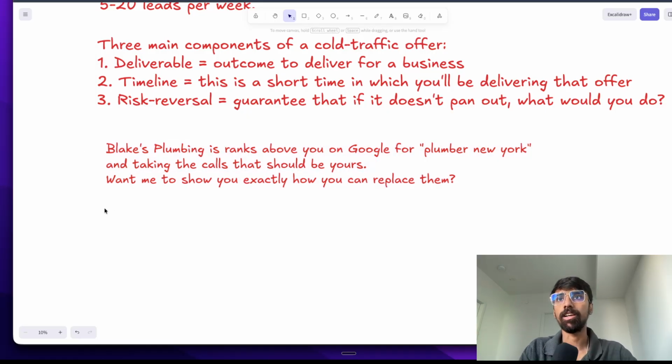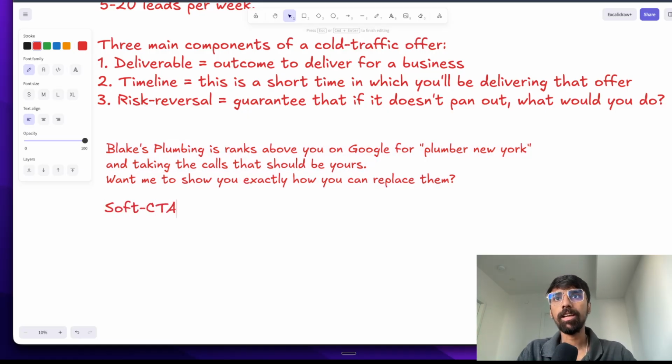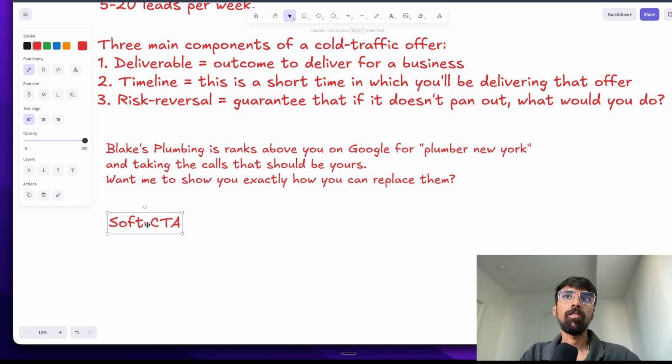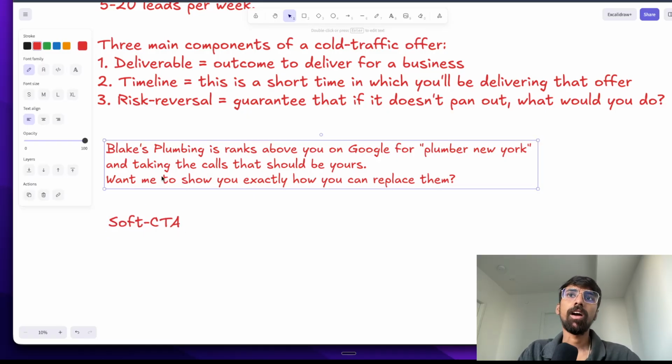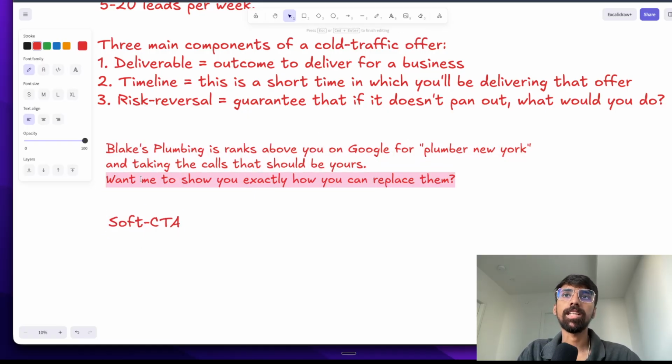This is a soft CTA. We call this a soft CTA because essentially we're not wanting to get them on a call. This is like a lead magnet kind of CTA. The person who sees this in their email will think, okay, this person might have something valuable for me to look at. It could be a document, it could be a link, it could be a Loom video. So this person could have something valuable for me, so I should reply and see that,